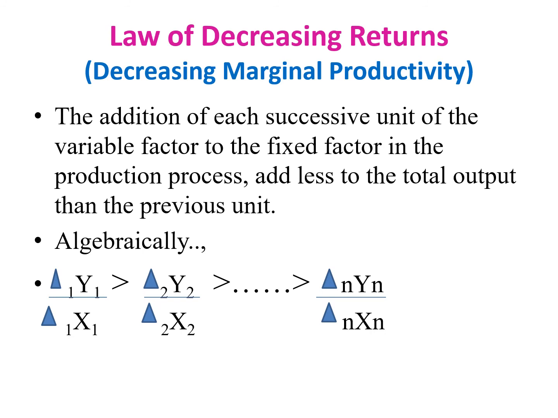Algebraically, it can be expressed as delta 1 y1 upon delta 1 x1 is less than delta 2 y2 upon delta 2 x2, and it continues up to the delta n yn upon delta n xn. The statement says that if you are going to add more and more unit of input in the production process, it gives you lesser and lesser output than the previous unit, and it is nothing but the law of decreasing